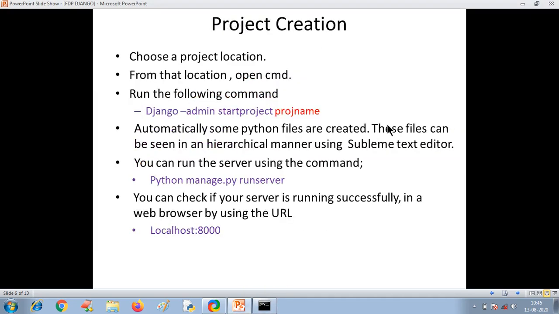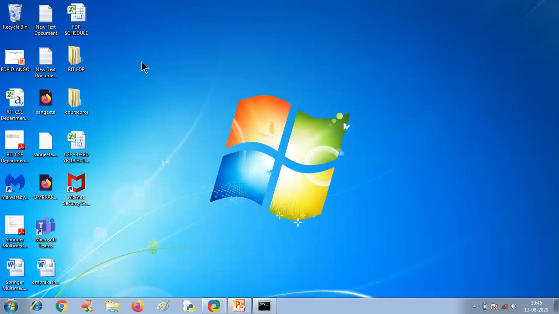Now, once you have installed Django, you need to create the project, because you are going to create a web application. A web application is a project. It has many modules inside it, right? So first you need to decide in which location you want to create a project. In a particular folder, you create a folder at any place.